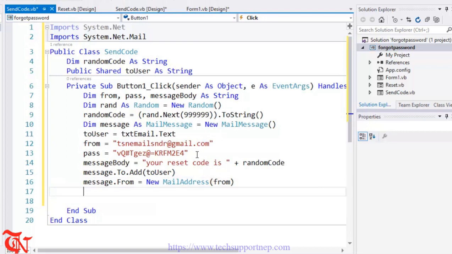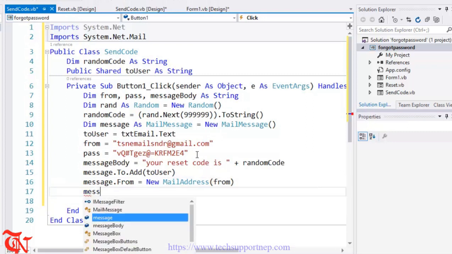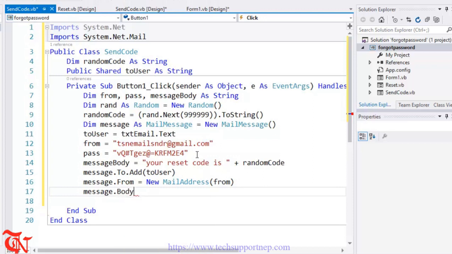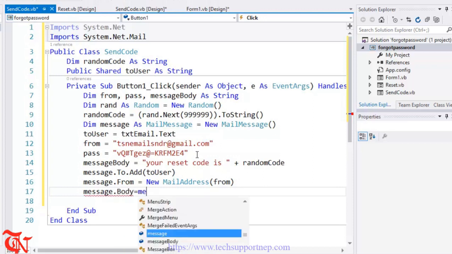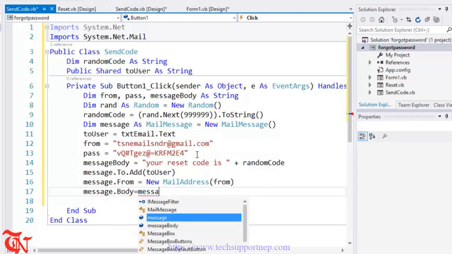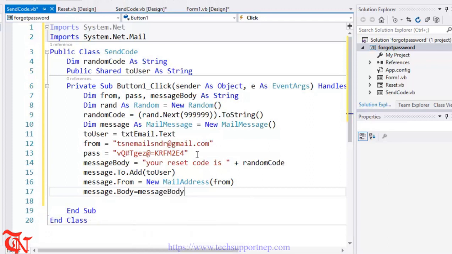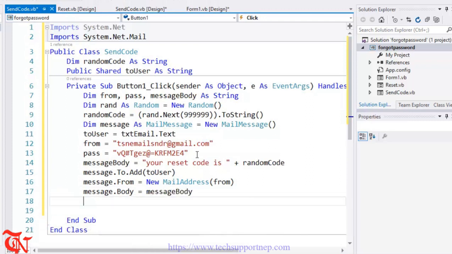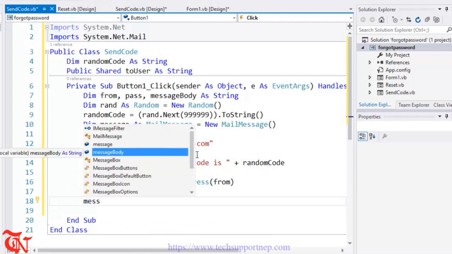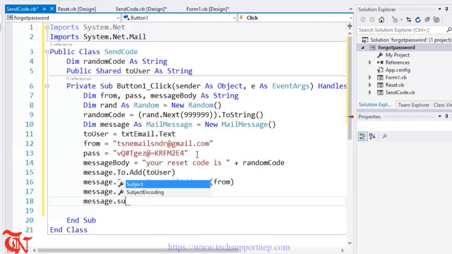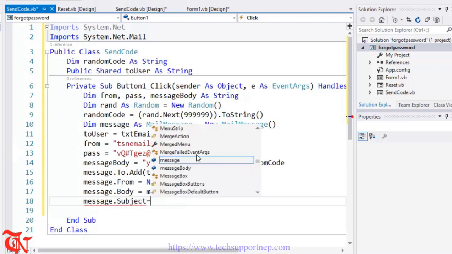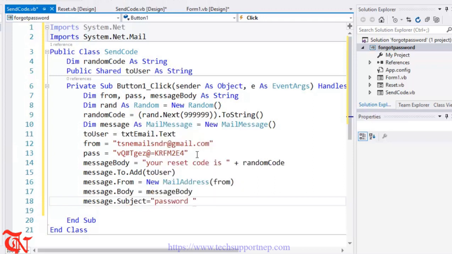And we need to specify the message body, so message.Body = messageBody, and you can also specify the message subject, so message.Subject = "Password resetting code",